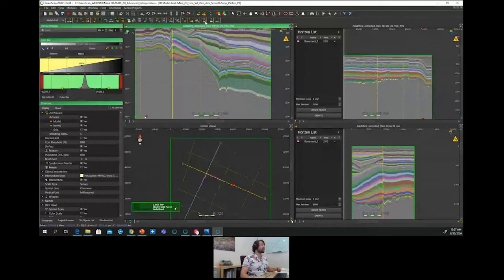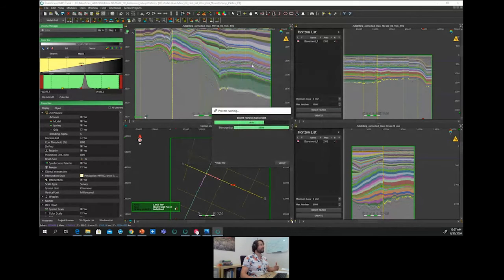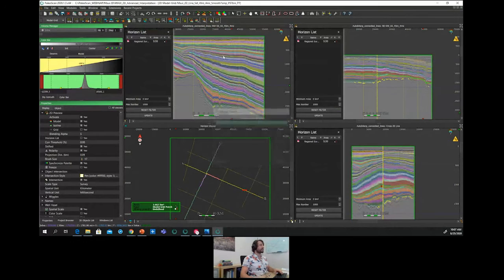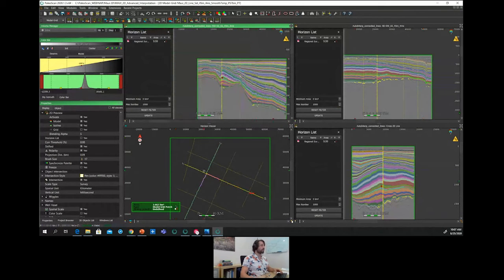I can do the same with another surface. We could have been able to perform this constraint for the two surfaces at the same time. I can integrate another surface corresponding to this blue horizon. And so by doing this, PaloScan better guides the interpretation within all the lines.